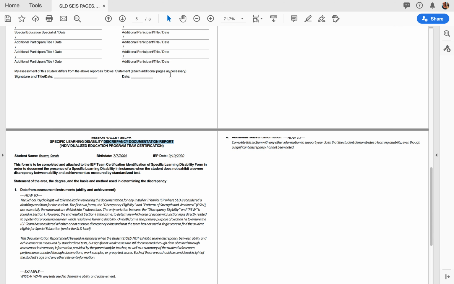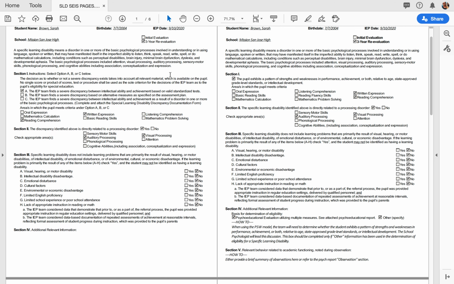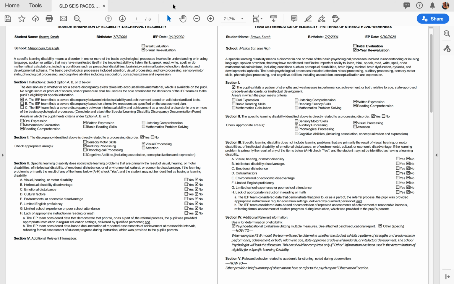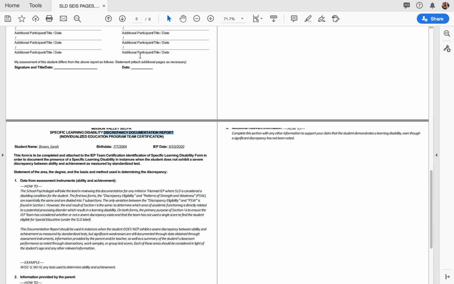So here we'll go over a little bit more, but essentially if you do mark C on the discrepancy of eligibility, you will need to attach that 3rd form. All right. So the documentation report, which is that 3rd form that we just saw, and I'll scroll back down to it, sorry,